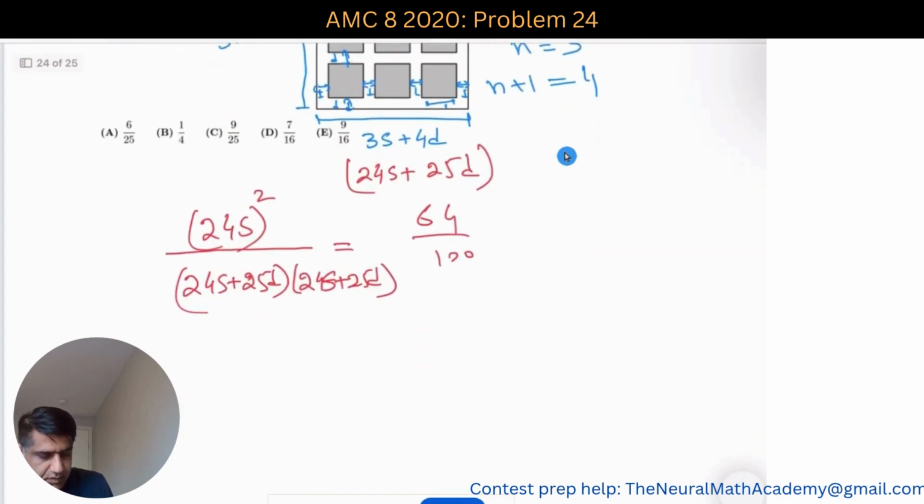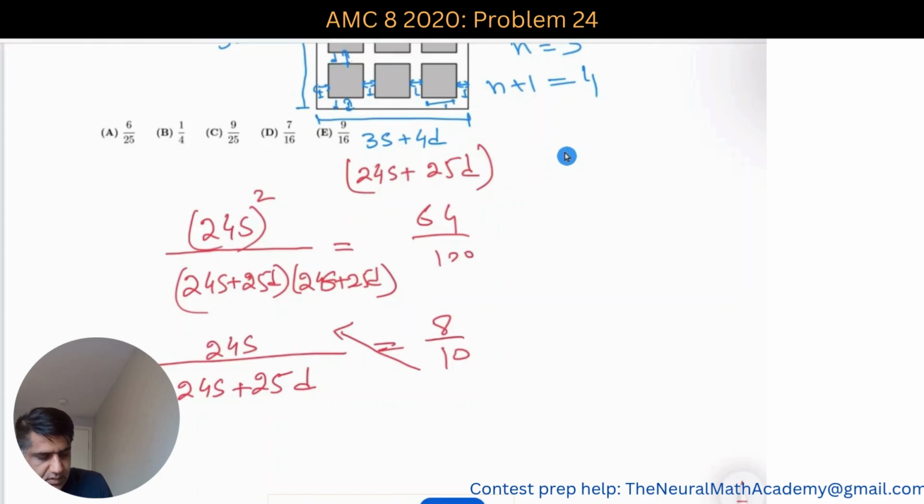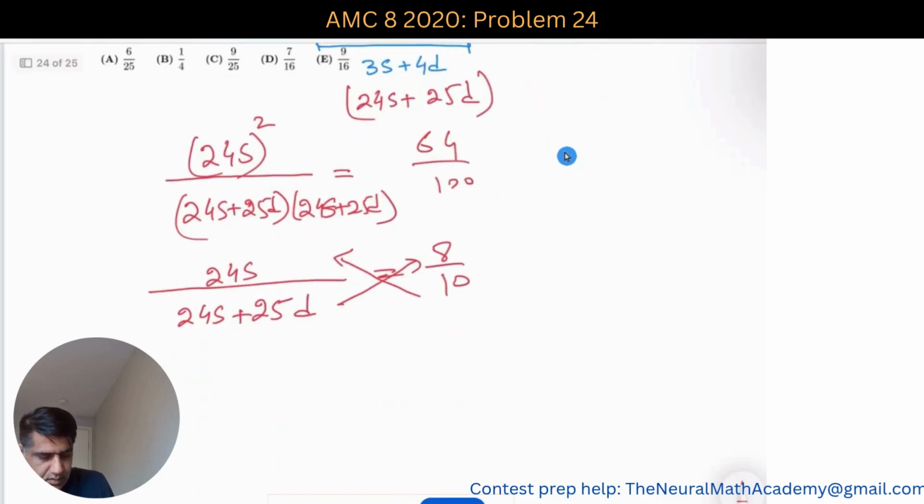And now if I take square root on both sides, I get 24s over 24s plus 25d, 8 over 10. And now if I do the cross multiplication, I get then 240s, sorry, 240s equal